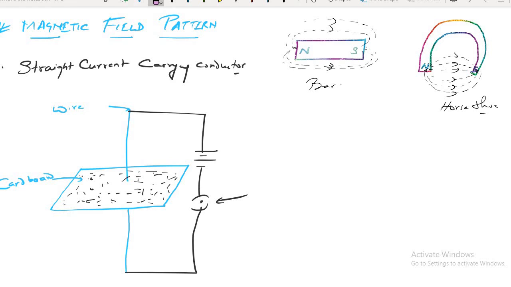This switch, right now I have closed it. This is the battery, positive terminal and negative terminal. The current will start flowing from the positive terminal and it will pass through this wire, and this wire is a conducting wire. Remember, this is a conducting wire. So current will pass through this wire and again it will complete the circuit. This much is clear to all of you, yes or no? Yes, sir. Okay, that's nice.